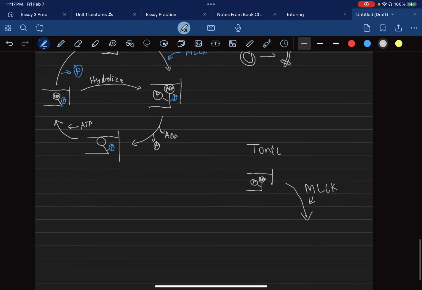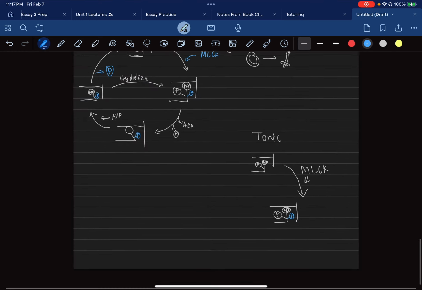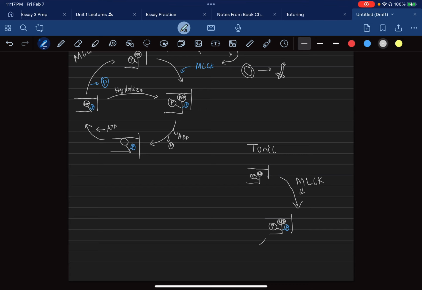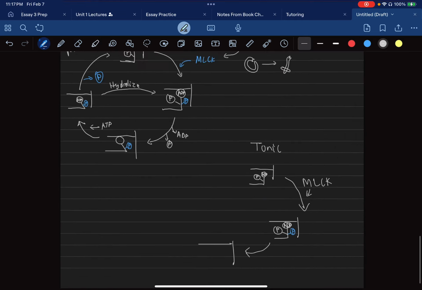It's going to give us another phosphate. It's going to let us bind the myosin to the actin. We got our ADP, our phosphate, and our new phosphate that came from the MLCK. That's going to cause us to go into the uncocked position, but another change in tonic versus phasic